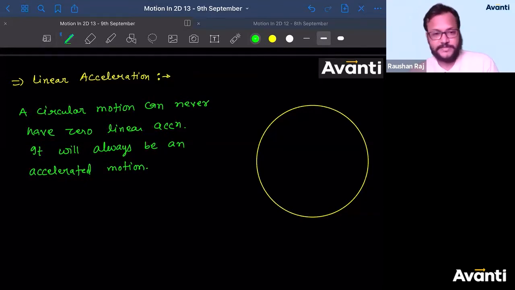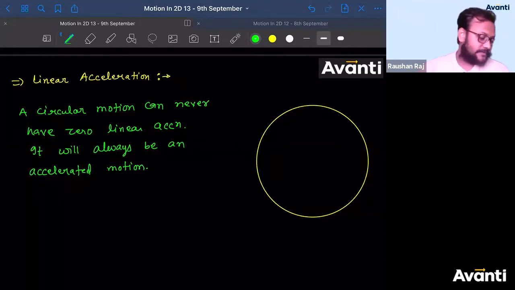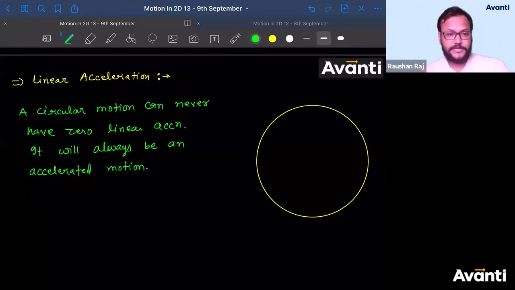So guys, can I say, sir, if the particle can never have zero acceleration, the particle will always have some acceleration, and we know that acceleration can be caused by a force. So if you want a particle to undergo a circular motion, there must be a force required. There must be a force that will act on the particle continuously. In absence of force, a particle can never ever undergo circular motion.